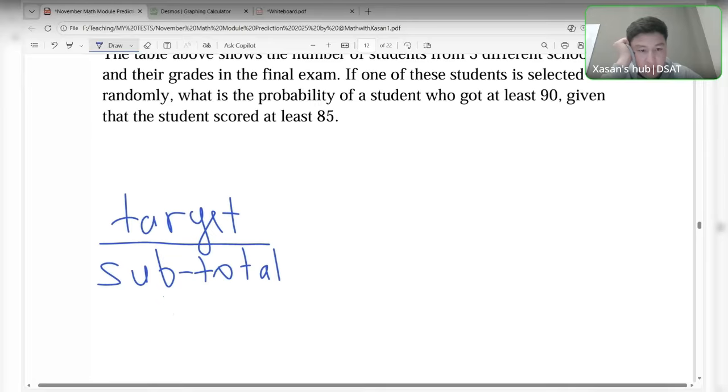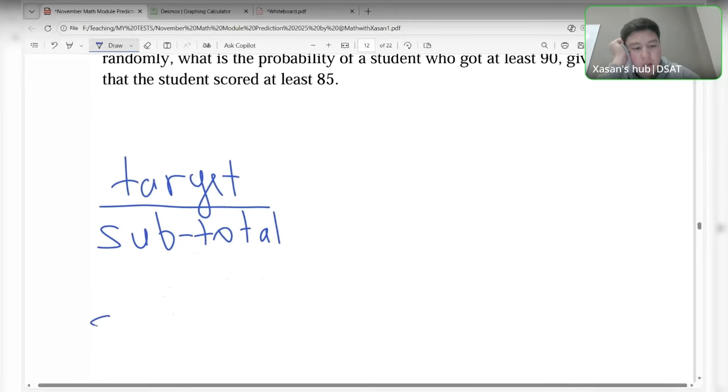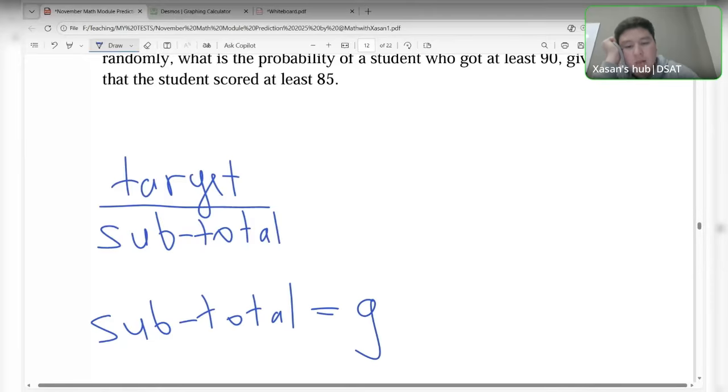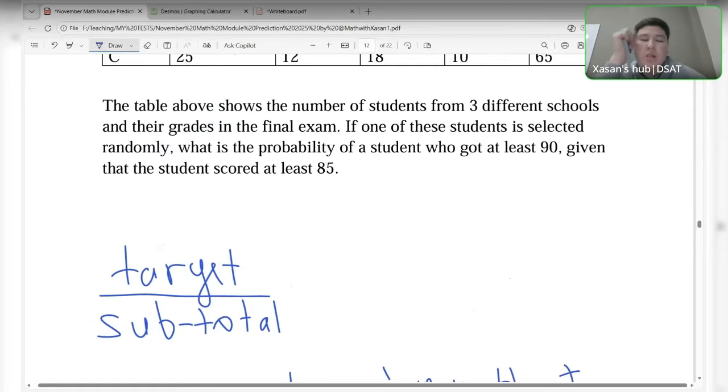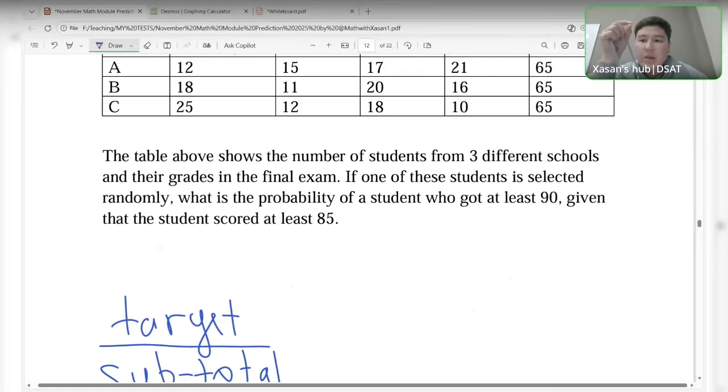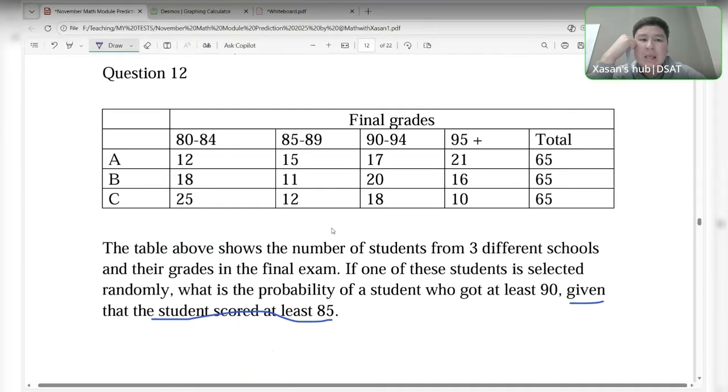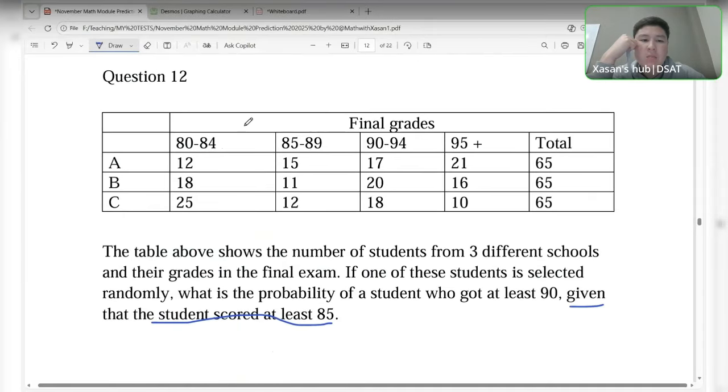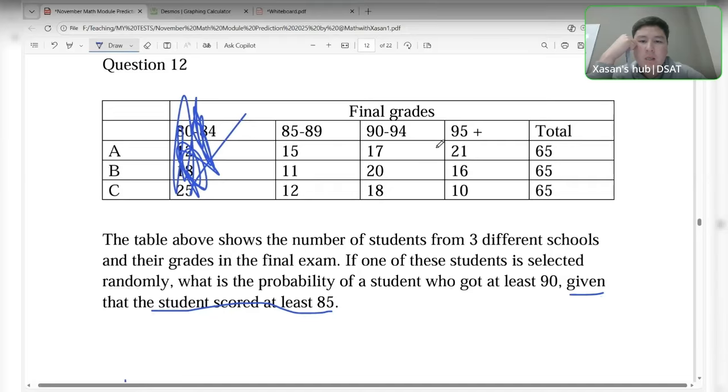And one thing, guys, the subtotal is all the time equal to the thing after the words given that. So what does it mean? Look, guys, you are selecting one student randomly, but it is not specifying any group, but in the end it is. Given that the student scored at least 85, which means you are selecting a student from those who got 85. The students who got at least 85 means you just have to eliminate these people. We don't have these people here. It must be only